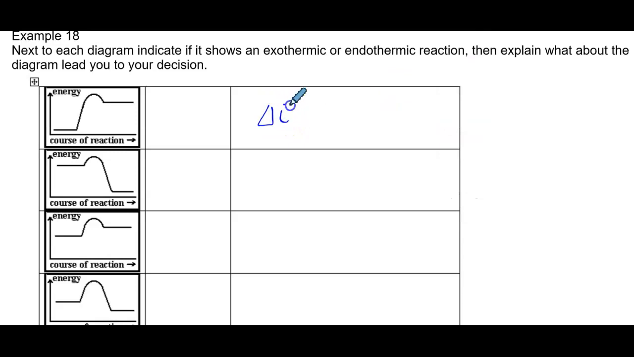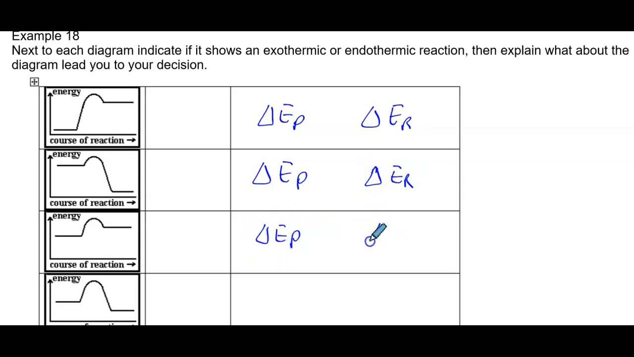So we're going to say the change in energy of the products versus the change in energy of the reactants for each of them. So the change in energy of the products is how we're always going to look at these. Now, I'm going to show you a shortcut to do endo and exo in a moment, but first I'm going